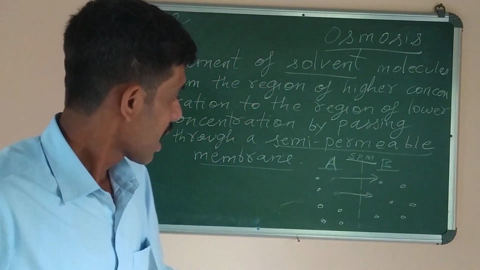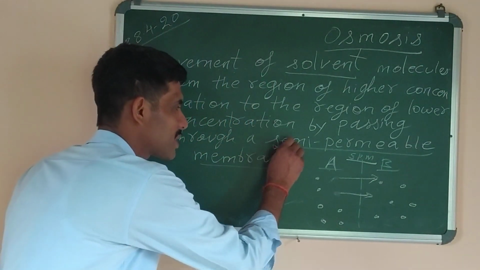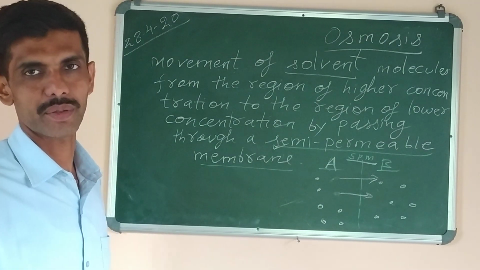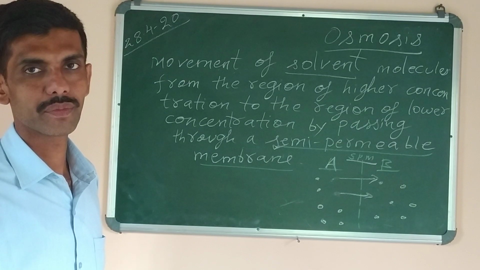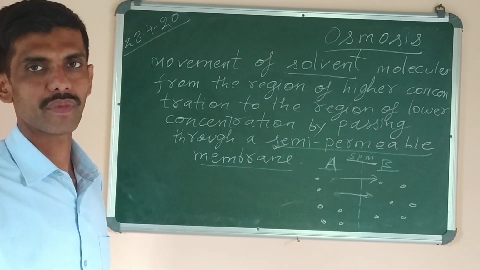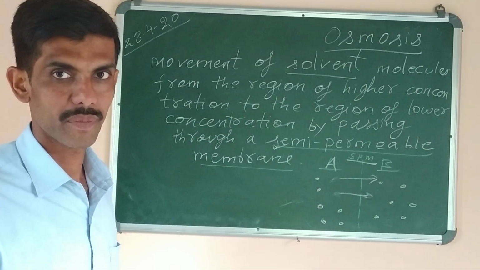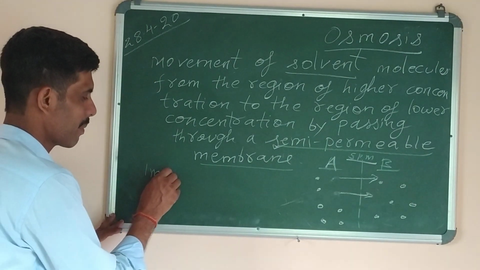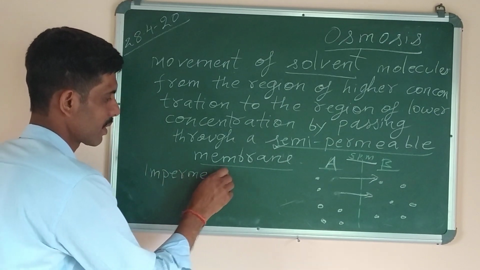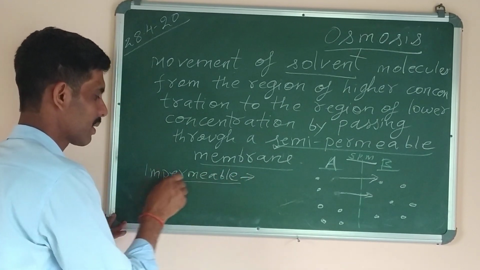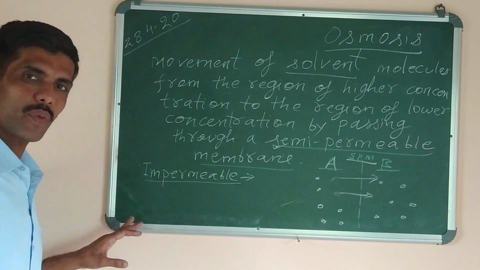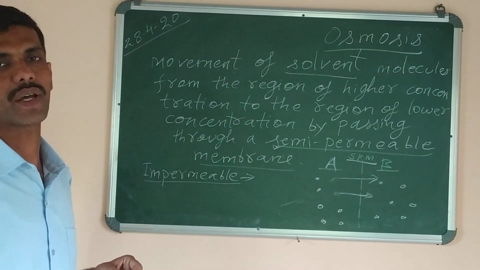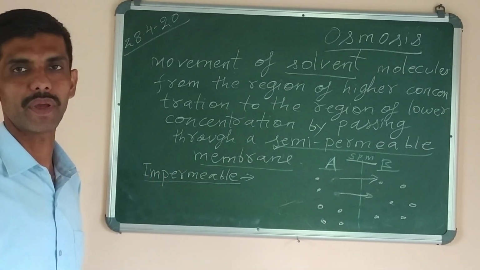Now next, I'll try to stress on what is the meaning of semi-permeable membrane. What is a membrane? Membrane is a living substance that allows molecules to pass through it. There are different types of membrane. 3 types are there. What are they? Number 1, impermeable membrane. Impermeable means the one which does not allow, they have no pores in them, so they will not allow any substance to pass through them. That's why they are called impermeable.